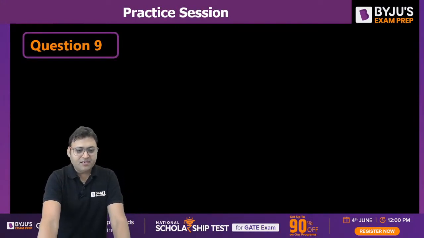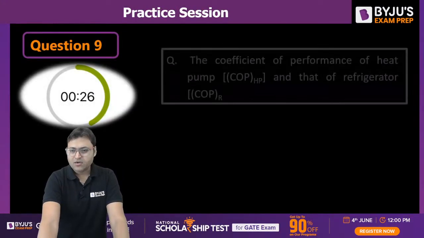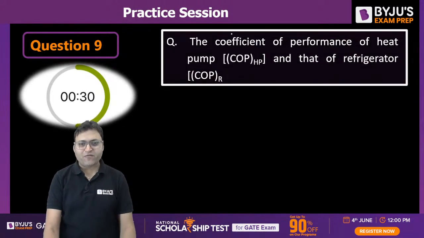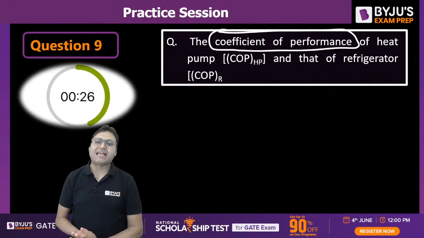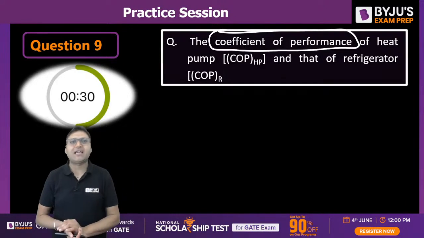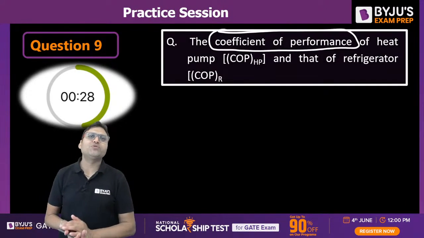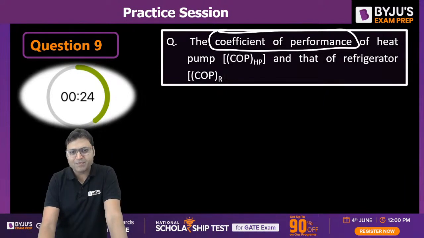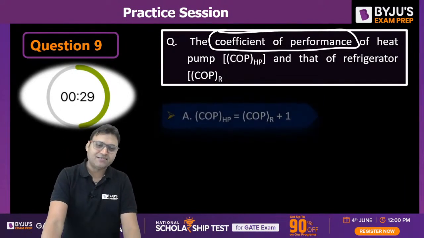Question number 9 on the screen. The COP, coefficient of performance, is used in case of a heat pump or a refrigerator. When the cycle is a work consuming cycle, then we do not use the thermal efficiency, we use coefficient of performance. The COP of a heat pump and that of a refrigerator are related as, options are